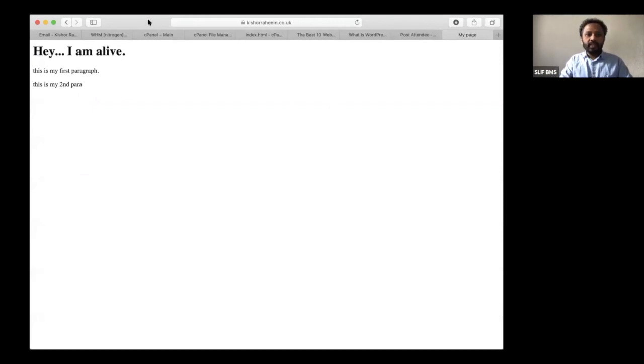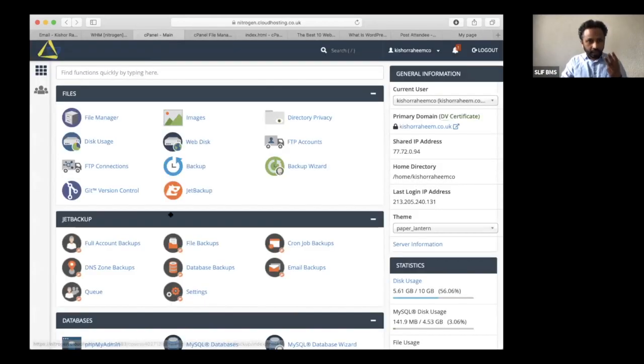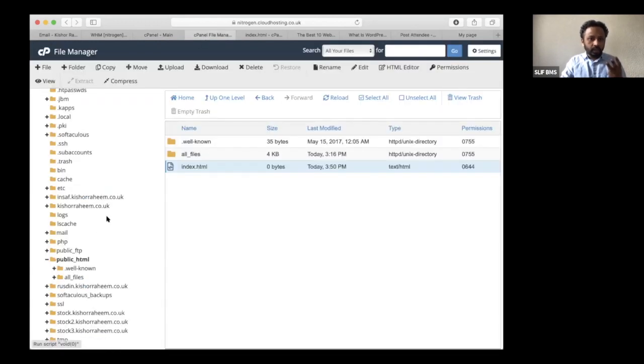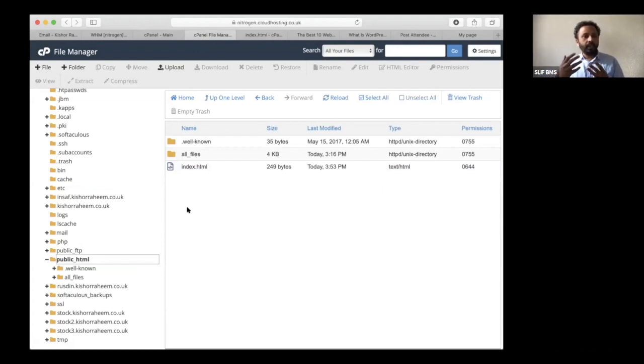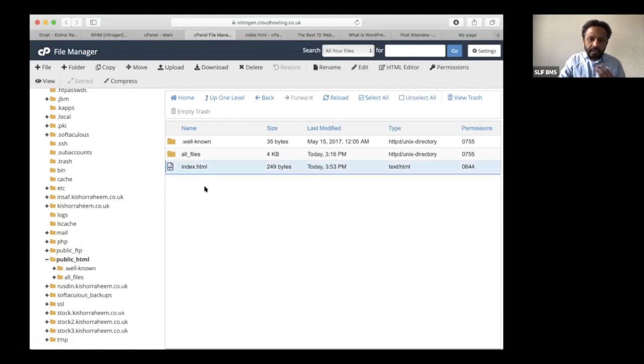Next one. So let's jump into WordPress now. This is not WordPress. This is about web hosting. So with three things we learned about. One is the cPanel. In the cPanel, I went to this public folder, which is the main location where the files are stored. All the web pages, web files are stored. In that, index.html, so it depends on the server. Index.html can be the startup file, or index.php can be a startup file. I can change this